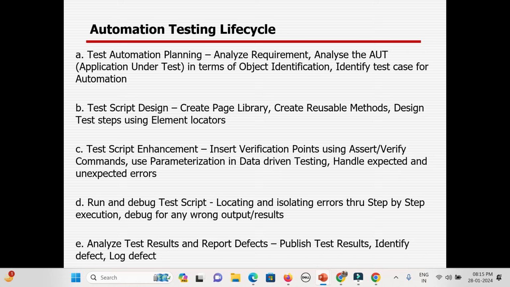You will identify the test cases, what test cases you need to automate first. Test cases you will be getting from the functional team only, whether it's sanity, regression, or functional, and you need to go through all these test cases. You need to inspect whether the thing is automatable or not, what the pros and cons are, all this stuff. Then you will start designing the automation script.